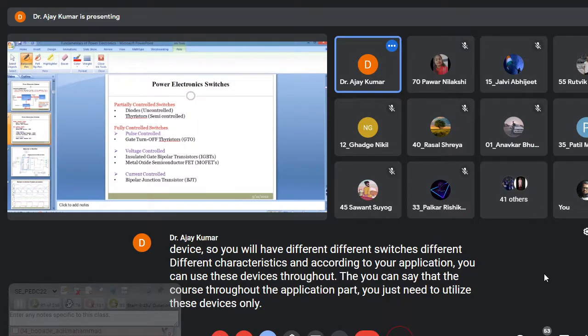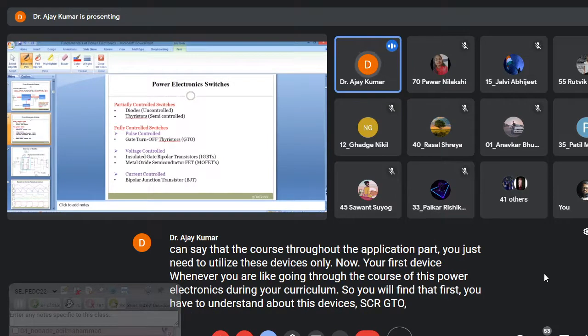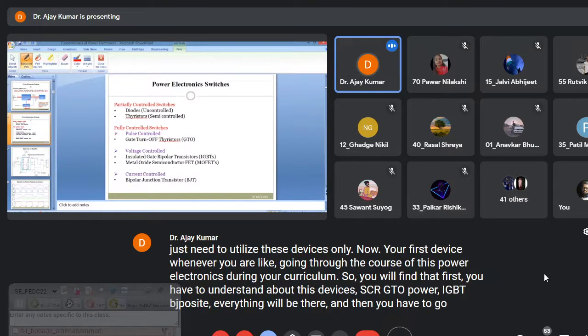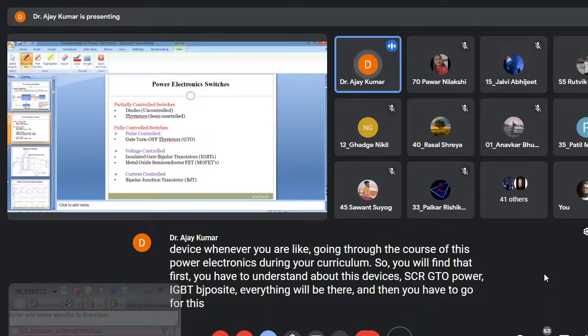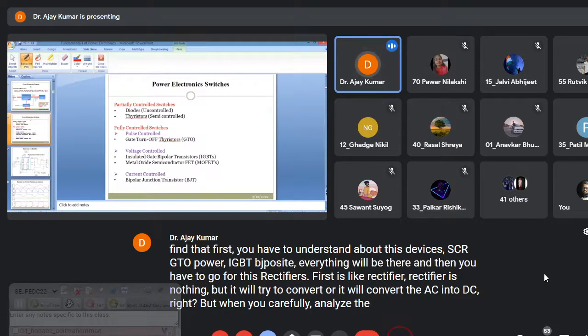Now, whenever you go through the course of power electronics during your curriculum, you will find that first you have to understand these devices: SCR, GTO, power IGBT, BJT, MOSFET, everything will be there. And then you have to go for the rectifiers. First is the rectifier. A rectifier will convert the AC into DC, right? But when you carefully analyze the rectifier, you will find that it is problematic for